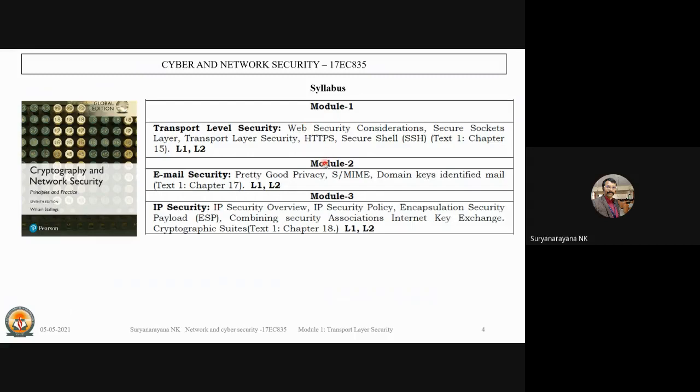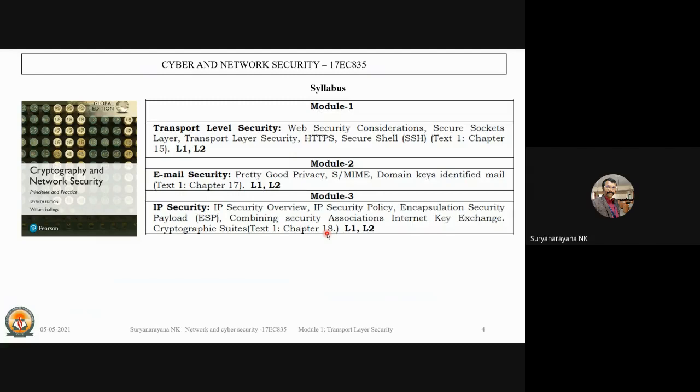Modules 1, 2 and 3 are from this textbook, Cryptography and Network Security by William Stallings, where we are going to study transport level security, email security and IP security. Clearly in the syllabus, it is mentioned refer textbook 1 chapter 15, refer textbook 1 chapter 17 and refer textbook